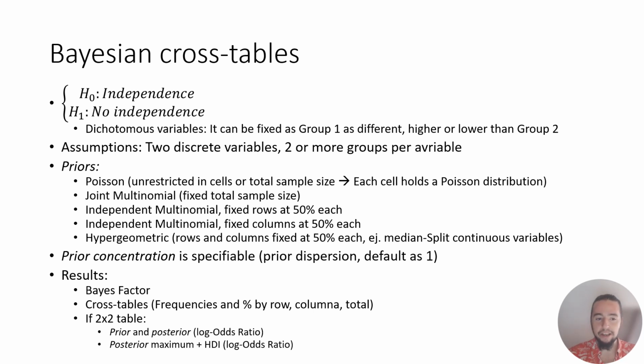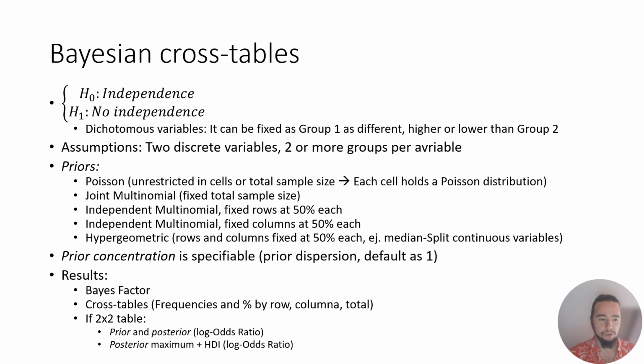These are the priors that you will need if you have dichotomous variables with that trick that I described earlier. And also you can have a hypergeometric distribution, where rows and columns are fixed at 50%. One example where this works is when you have median split continuous variables and you need to do a cross table or something like that. But maybe there can be some other cases where you need this. Okay, so